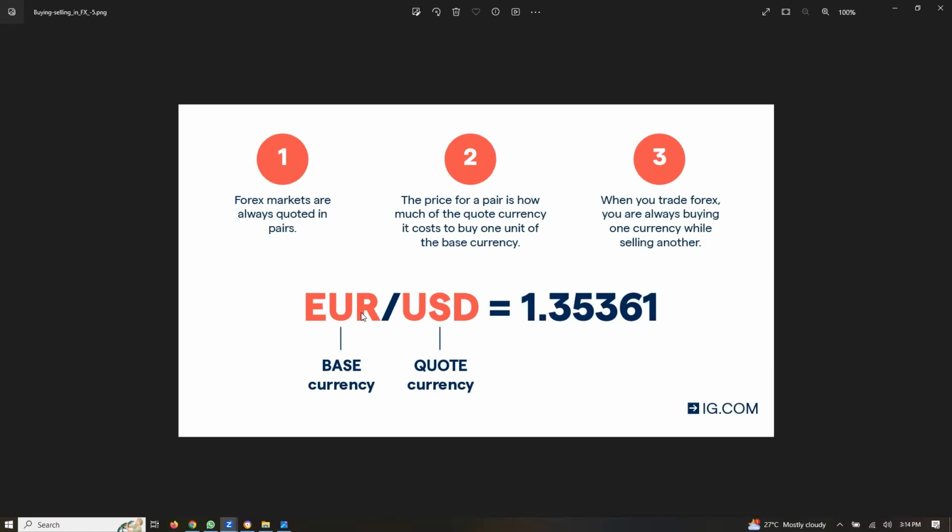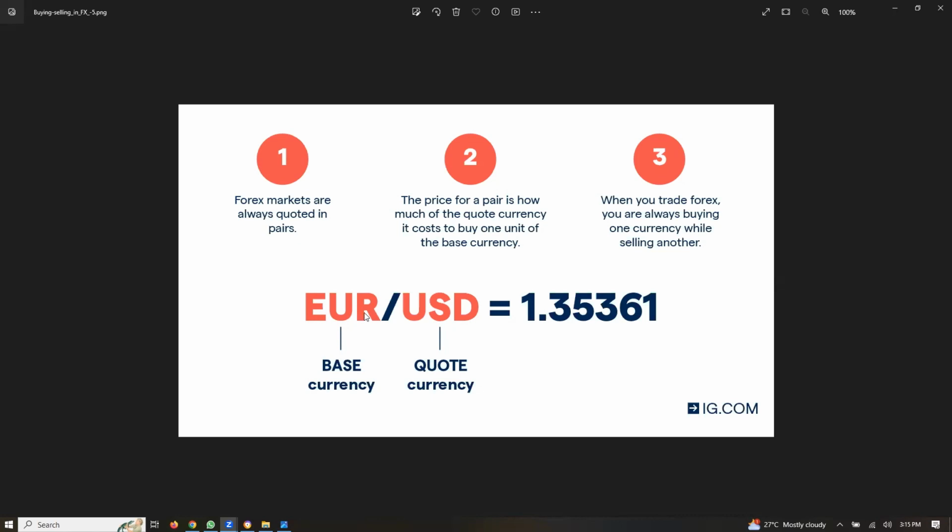For instance, if we want to sell euro against USD, like this pair, it means that we are expecting US dollar to gain more value or to strengthen against euro, which means US dollar is going to perform more than the euro. So the exchange rate, which is 1.3536, has to reduce. Why? Because the euro has fallen in value, it has depreciated, which means the strength that it was carrying is no more there. So we should expect it to reduce from 1.35 to any number, you understand?